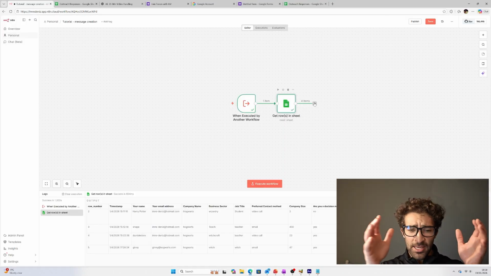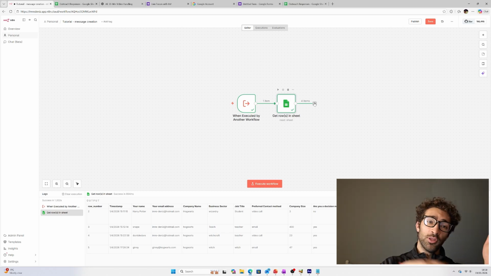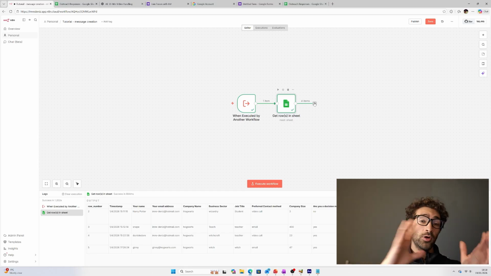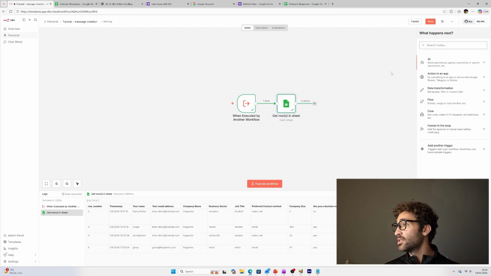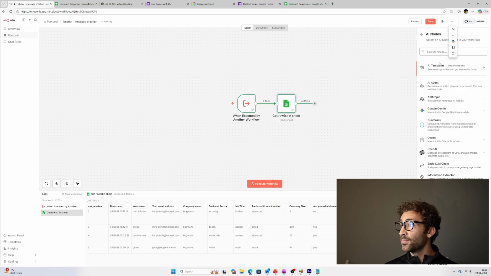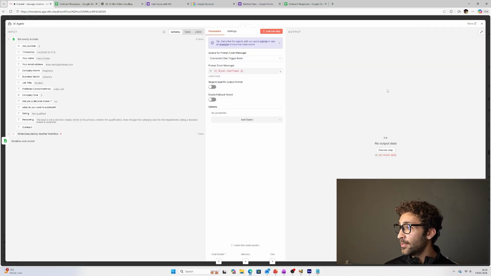So we have the other workflow to qualify a lead. Now we want to take the qualified leads and create a message, whether they are qualified or not, and a message that's personalized based on the data that they give. So let's pick AI agent again,